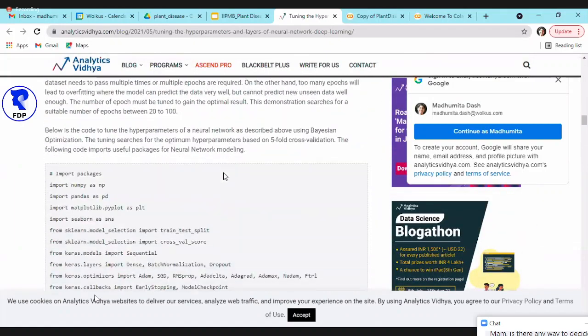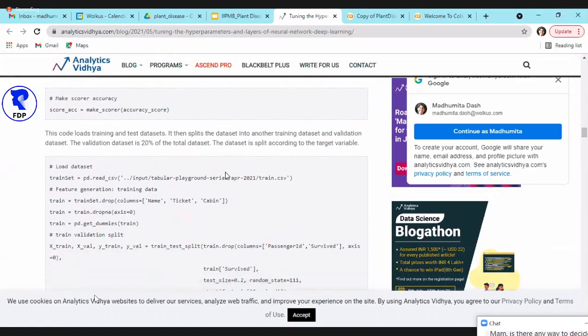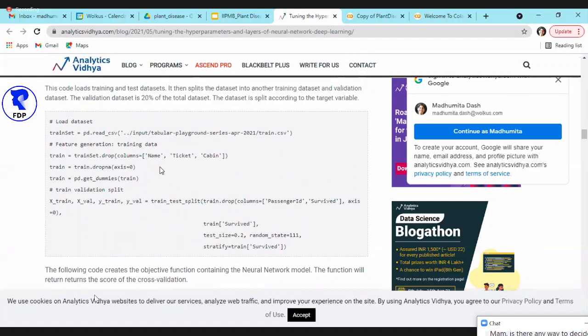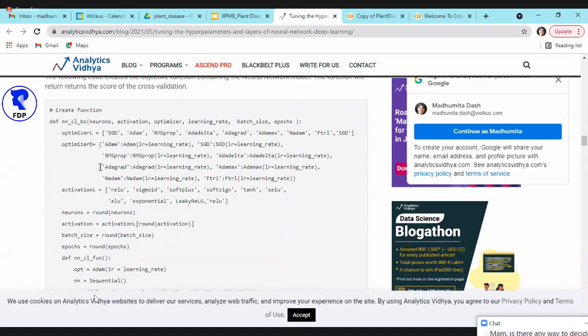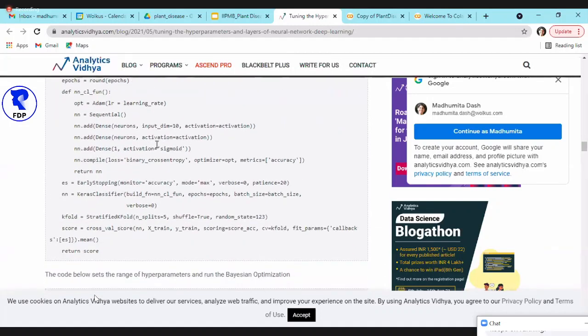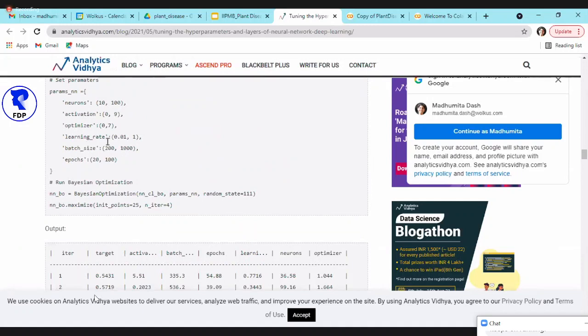this example is based on Keras only. What it does is pass an array for all the hyperparameters. For example, for optimizer, it is saying run all these optimizers, okay? And for learning rate, it is passing an array from 0.01 to 1.